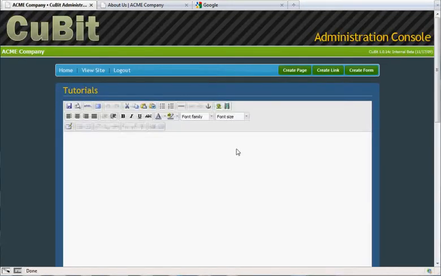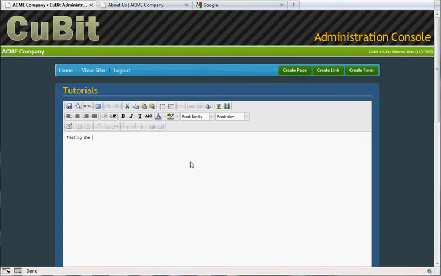It lands on the actual page, empty, with the title Tutorials up there. When I want to create a bunch of pages, I just go through and create a bunch of pages one after another, and then I come back in and edit them. But if you do it one at a time, then it's nice and convenient. It lands on the page here. I'm going to go ahead and